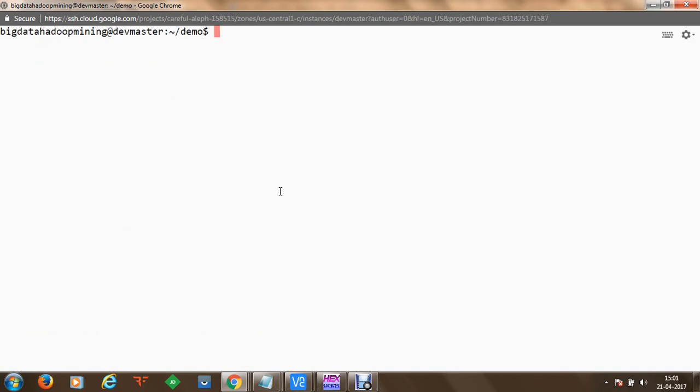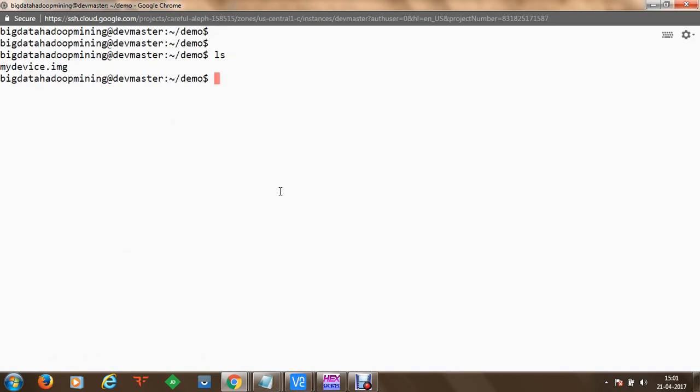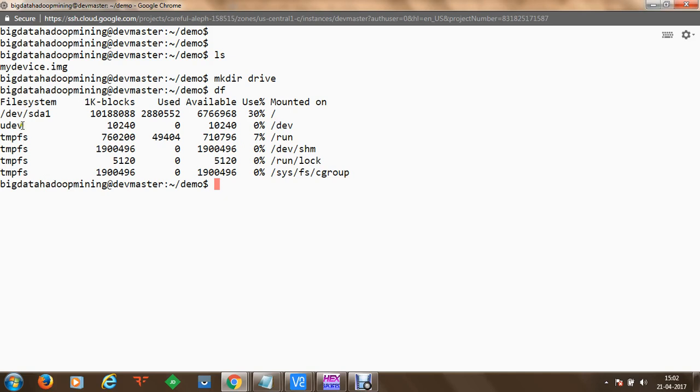So once we have a file system, we can mount our mydevice.img onto a directory. Let's say I'm going to make a directory, and the name of the directory will be drive. The device will be mounted on this drive, and we will be able to copy and paste data into this drive, and eventually the data will be stored in my device. In order to do this, first of all, we will check the df command. Using df, we can see the file systems available at the moment, which are mounted on these directories. And now I want to mount, using superuser sudo mount, mydevice.img on the drive.